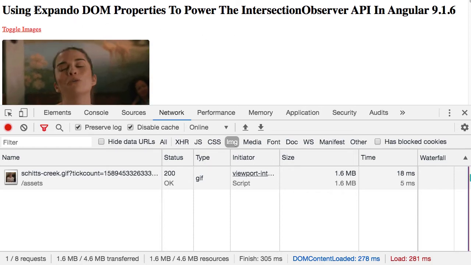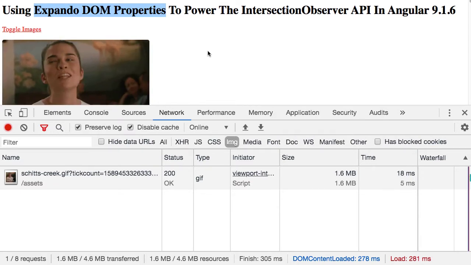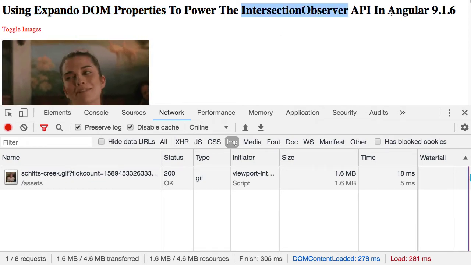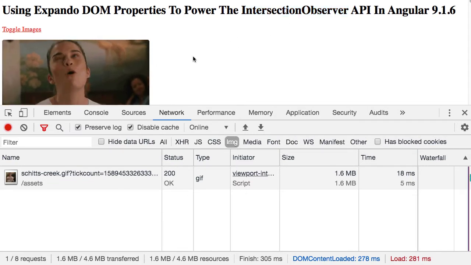So earlier this week, I looked at using Expando DOM properties in an Angular application, specifically in cases where building up a view model is not completely sufficient for implementing the logic of the application. One example of that would be when using the IntersectionObserver API in your Angular application. To explore this concept, I've implemented some image lazy loading using the intersection observer, and you'll see now as I